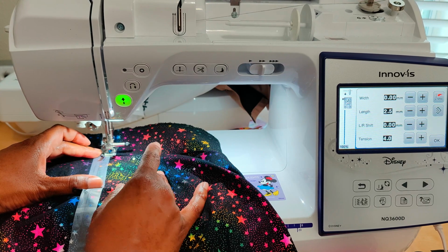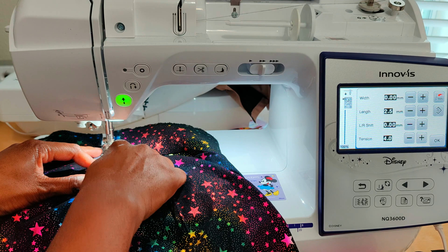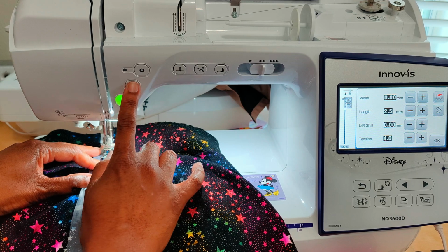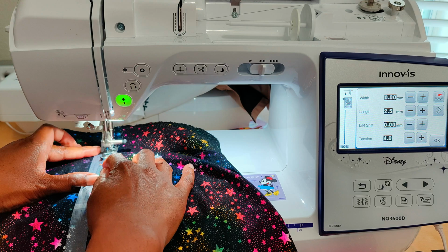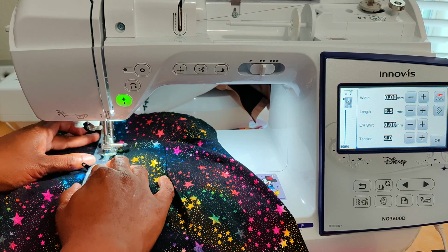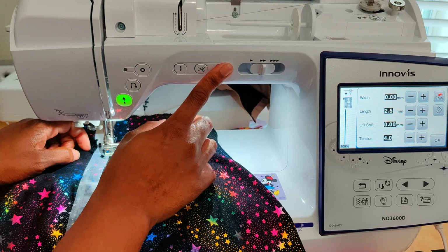So now I have my presser foot down, and what I'm gonna do is back stitch. Now make sure you are underneath that facing piece that's gonna be turned over. So you're gonna back stitch. I'm gonna go slow, okay? Back stitch, and then sew all the way down. Now I did move my zipper down a little bit so I'm able to sew. Now that I cleared that area, I'm gonna move my zipper back up,